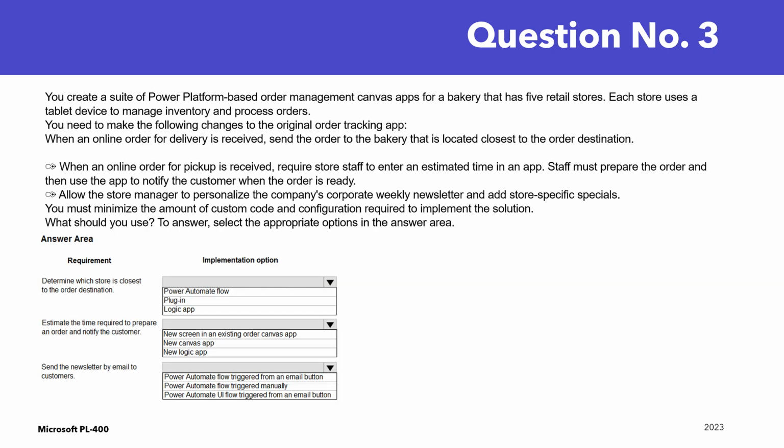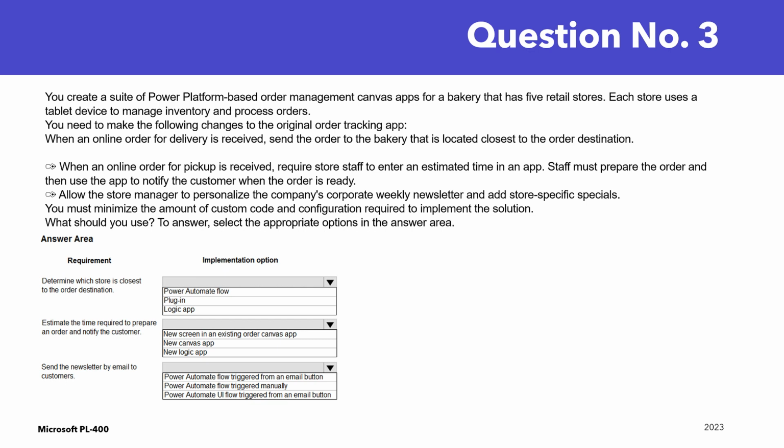You create a suite of Power Platform-based order management Canvas apps for a bakery that has 5 retail stores. Each store uses a tablet device to manage inventory and process orders. You need to make the following changes to the original order tracking app. When an online order for delivery is received, send the order to the bakery that is located closest to the